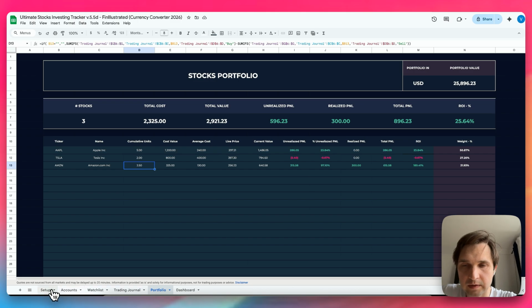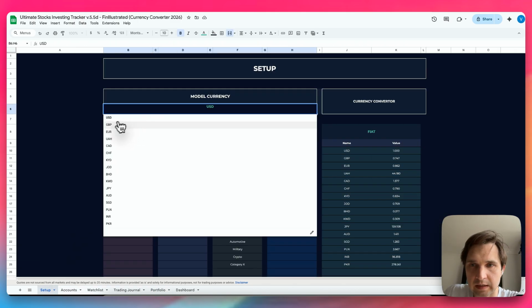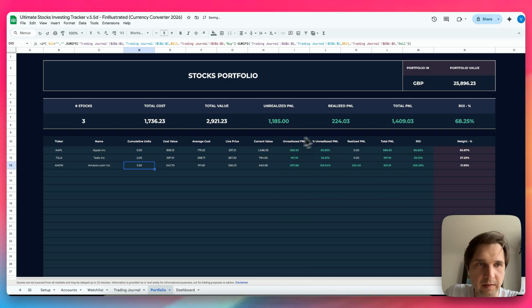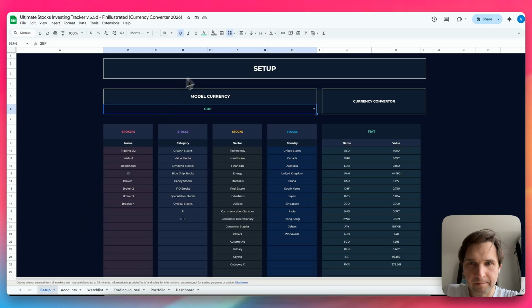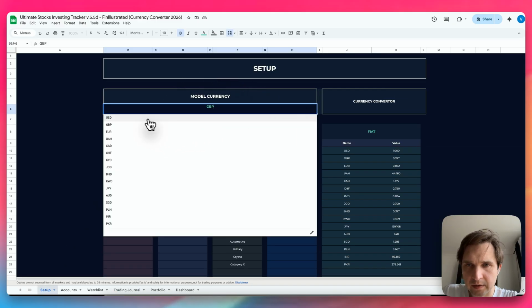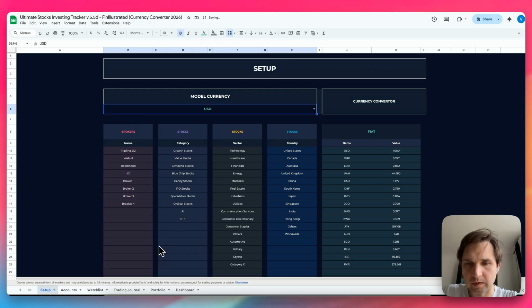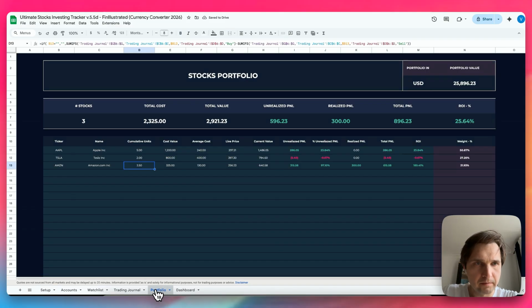Obviously, if you were to set up the stocks in GBP, you'll see that my portfolio will need to be self-adjusted there. Because we have bought in USD, this works absolutely fine. I'm going to revert back to USD, which is what we want. Perfect. I think we are quite good in terms of the value and the price. So I think this is it. To be honest with you, this is one of the most powerful